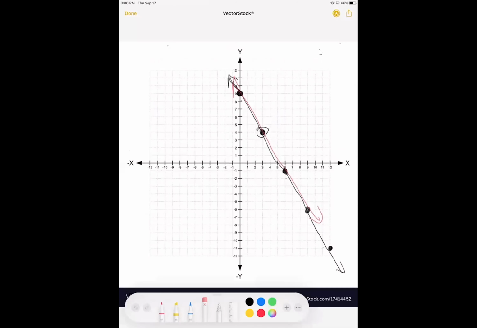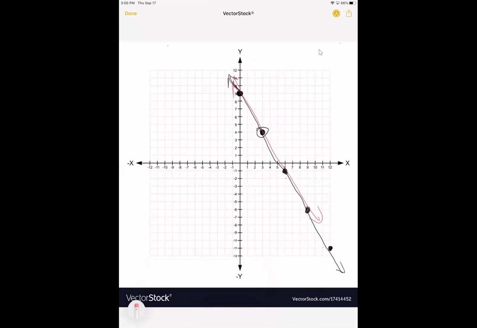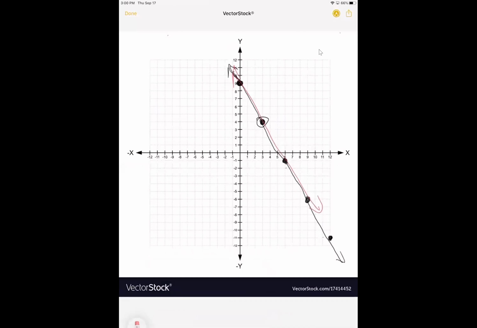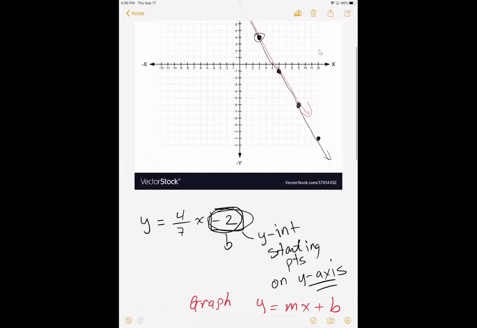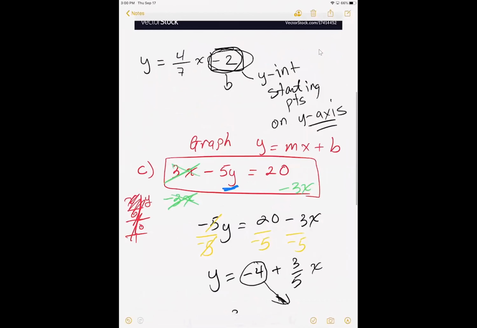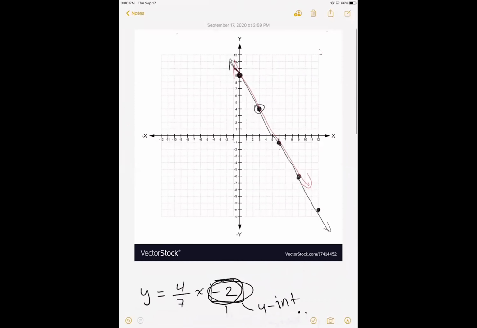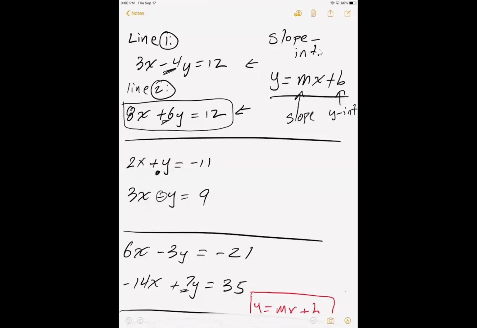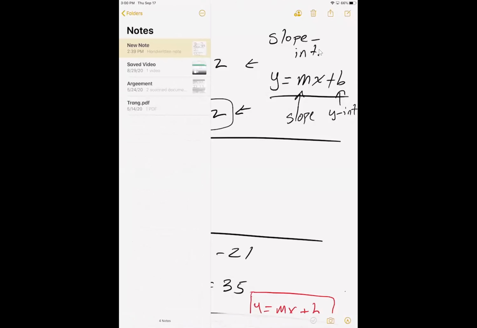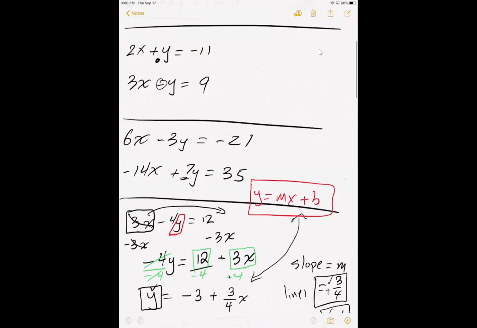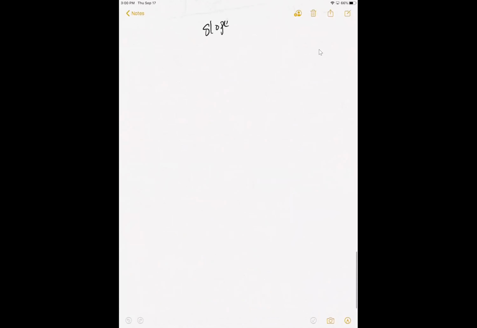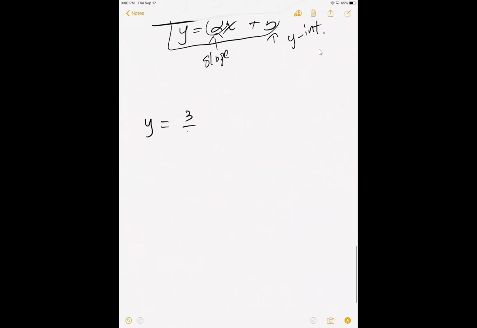Let me. Three fifths x minus 4. I think I erased the whole thing. Let me just do this. So we know we have y equal to 3/5 x minus 4. Let me just draw